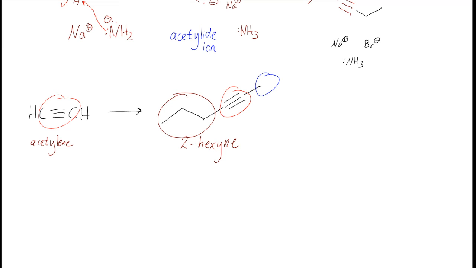So we're going to think about what kinds of reactions would make this sort of a bond here, and then what kinds of reactions would make this sort of a bond here, and that's how we can put this whole thing together. So when we're planning this,